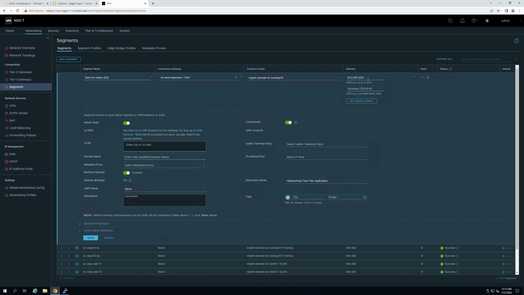Okay, which at least falls into my routable IP space, so if I wanted to do anything with it, we can. Admin state up, kind of like on your Cisco switches, you have an admin. You can do shut, no shut, kill the service, connectivity, uplink teaming. So there's a lot of settings, and once we have it saved,